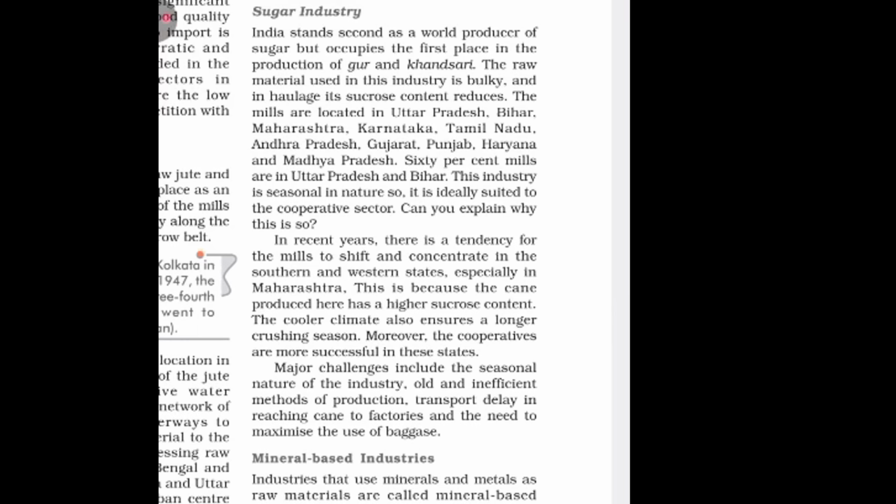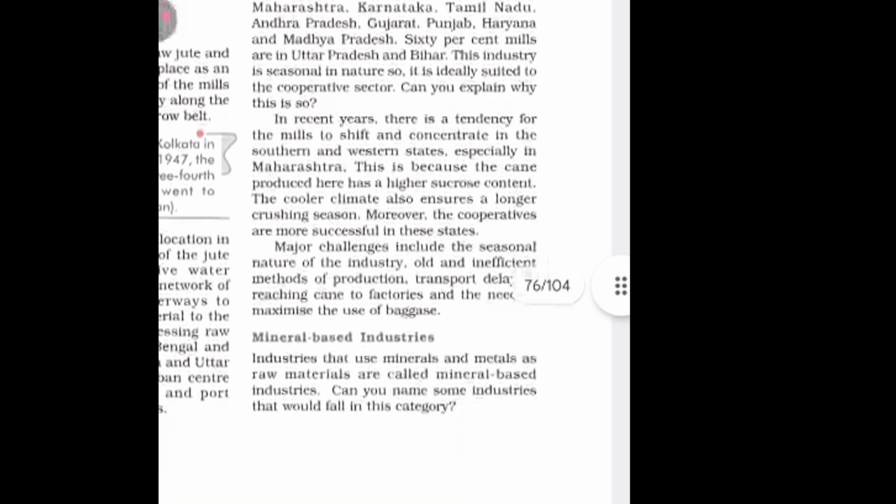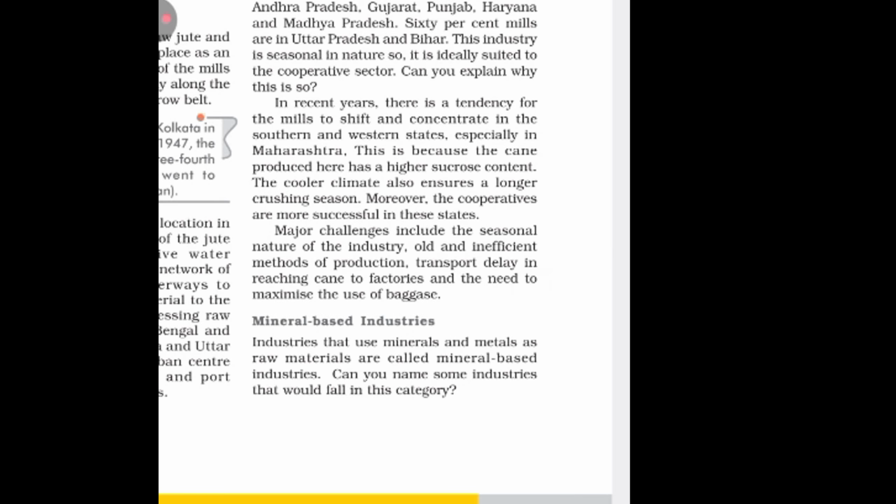And the most important states are Uttar Pradesh, Bihar, Maharashtra, Karnataka, Tamil Nadu, Andhra. If you see, maximum of the states of India produce sugarcane, but the best quality sugarcane comes from the peninsular plateau. And for the storing purposes, for the warehouses, cooperatives are being used, because the sugar needs the warehouses to be well ventilated so that the sugar does not get contaminated. And that is the reason cooperative industries, cooperatives come handy.